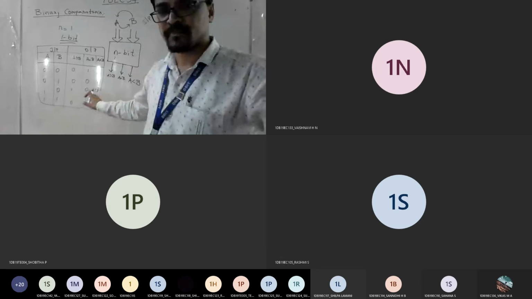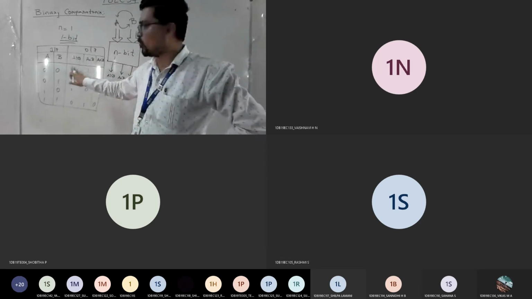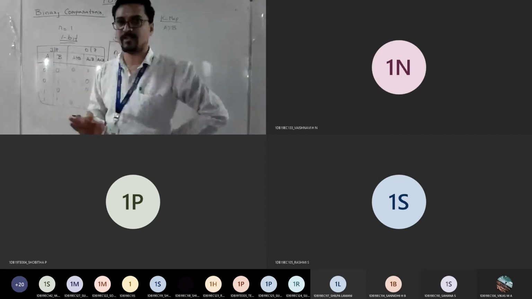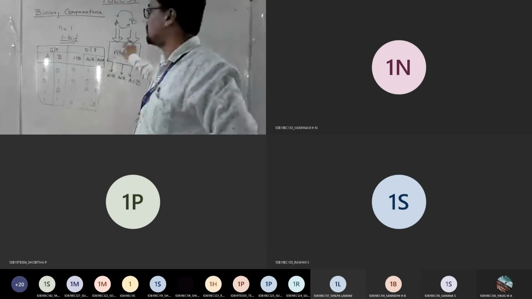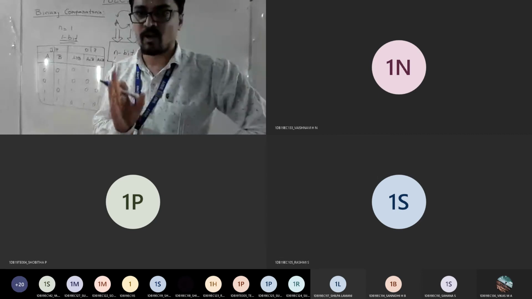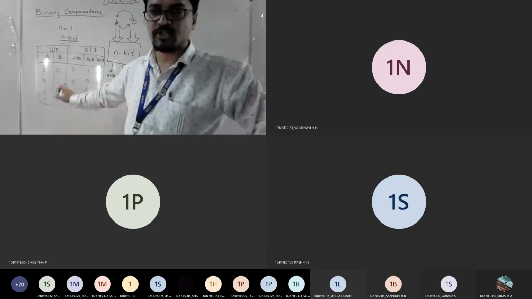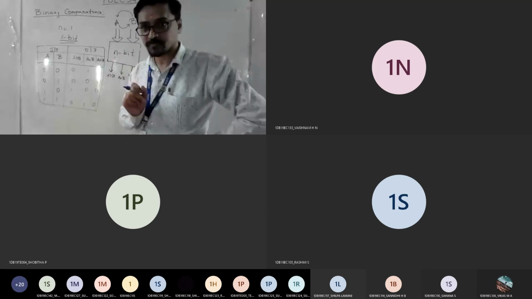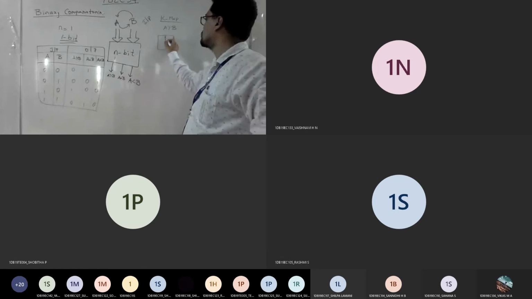Any doubts, anyone, till here? So we are designing a 1-bit comparator. 1 bit means A will be only 1 bit and B is only 1 bit. If I say 2 bit, I can split this, which I will show later. But first, for the 1-bit comparator, I need to design a logical diagram. To get a logical diagram, we need to build a K-map using the truth table. So how many cells should the K-map have? 4 cells. Good. So just make a K-map with 4 cells.